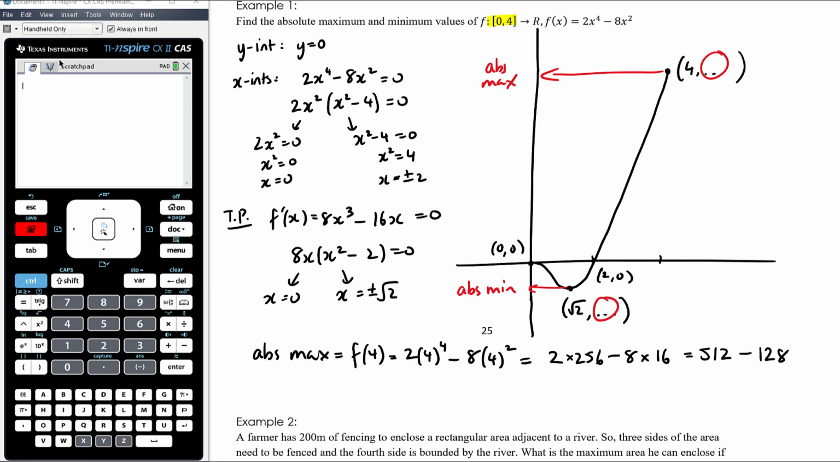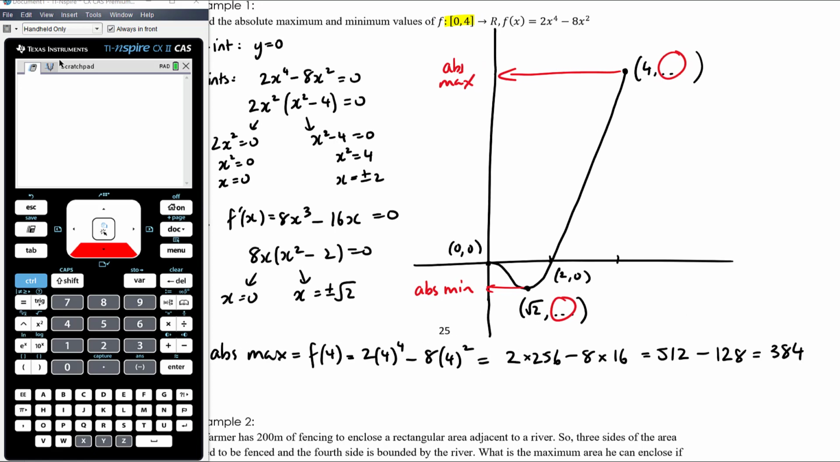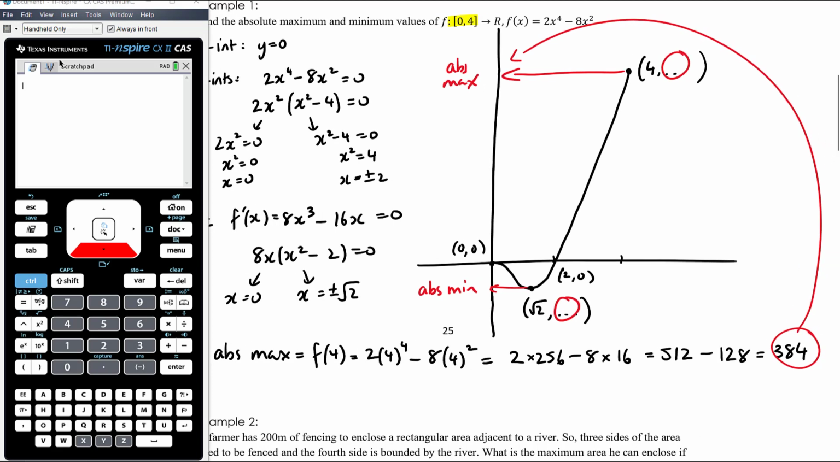And that's going to be 512, 412, 384. Okay, so the absolute maximum value is 384. That's this y coordinate up here. The absolute minimum value